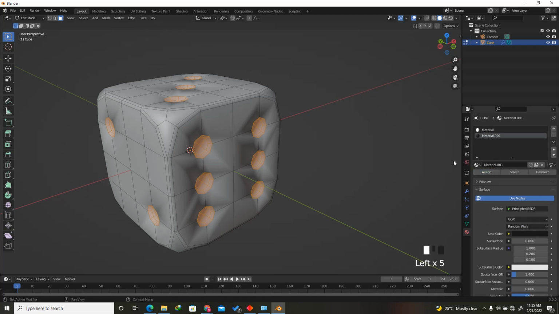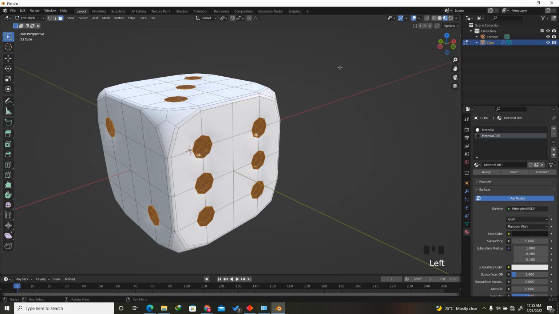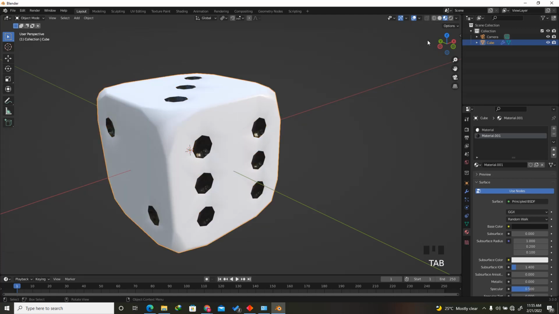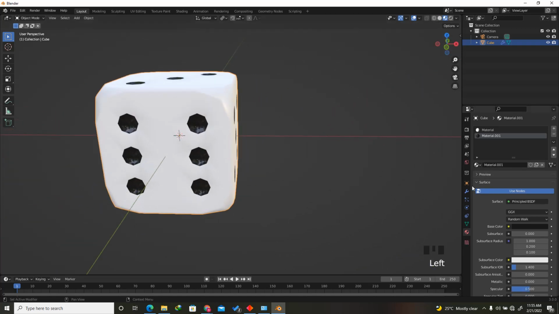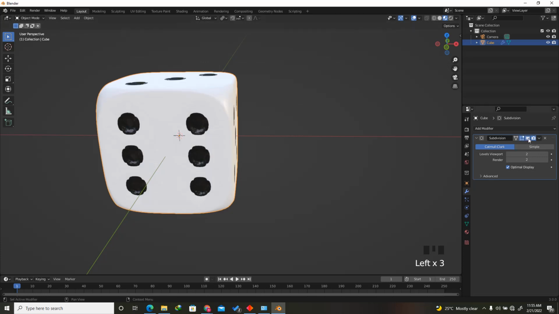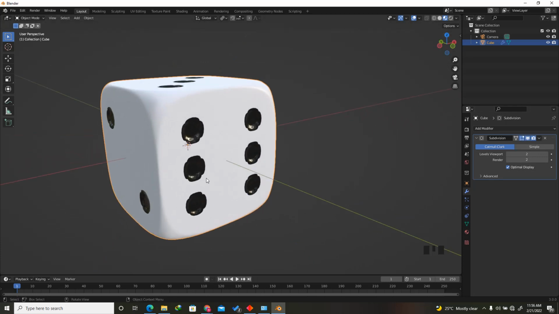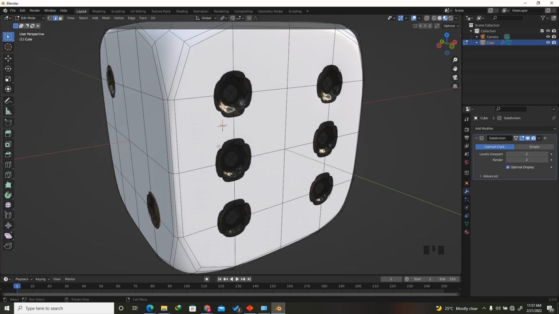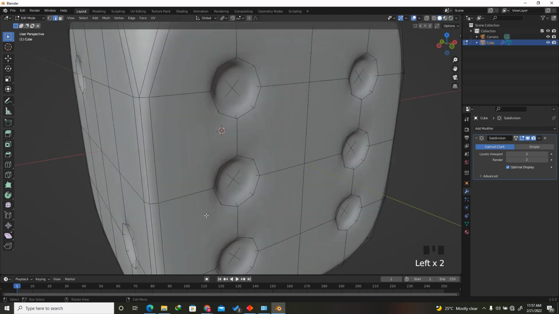Make sure that this is assigned. So if I go to this EEVEE material preview, let me see what I'm getting. As you can see, this is what I'm getting. To see the geometry properly, let me activate the subdivision surface, but the placement of the black part is not correct. To solve this problem, what you can do is, let me go to this UV shading, select this edge,